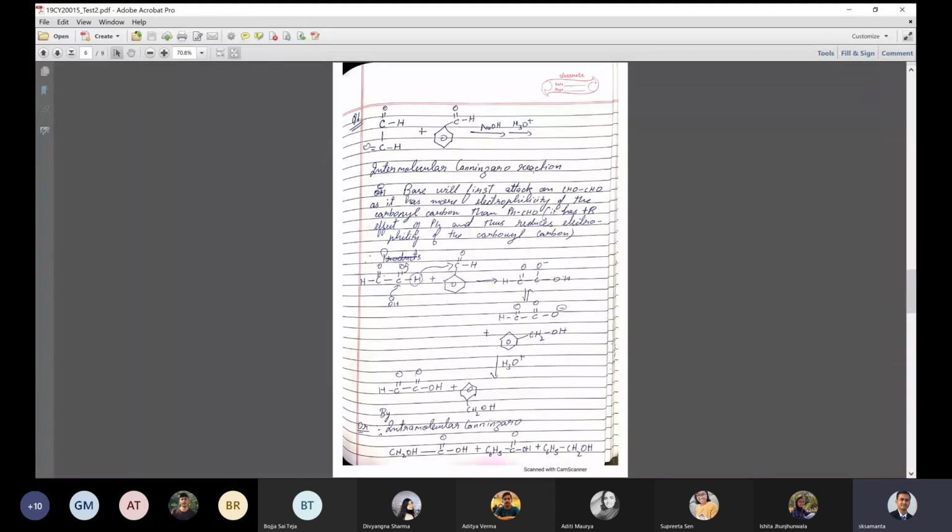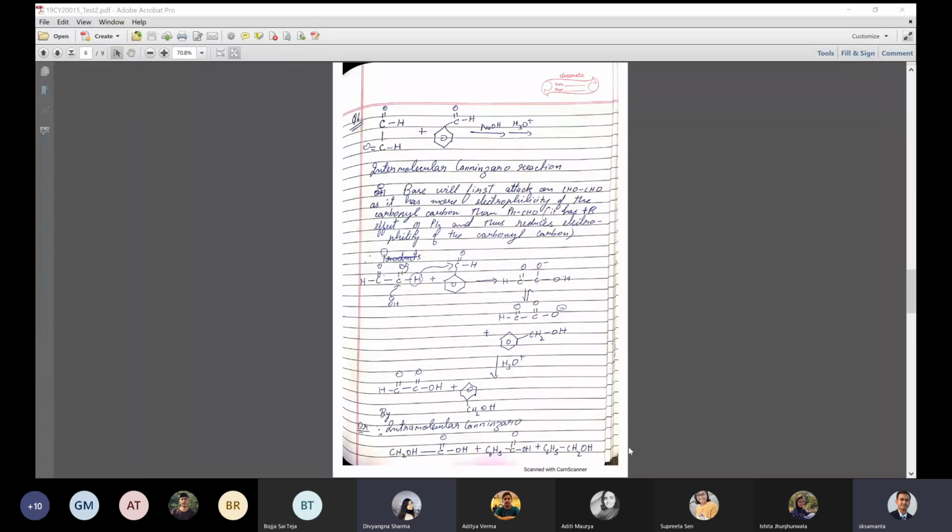Not a single one of you has given the other products also. So you have done this partly correct, that your glyoxal is more reactive. So NaOH will attack here first, then the hydride transfer will happen to this benzaldehyde. So these two products are correct, but this hydride transfer could also happen intramolecularly, isn't it? We have seen that, no? Glyoxal intramolecular hydride transfer. That product nobody has written. I was wondering why not?